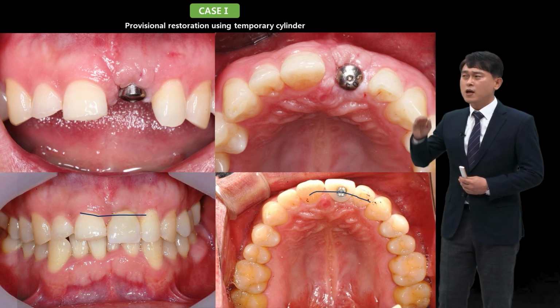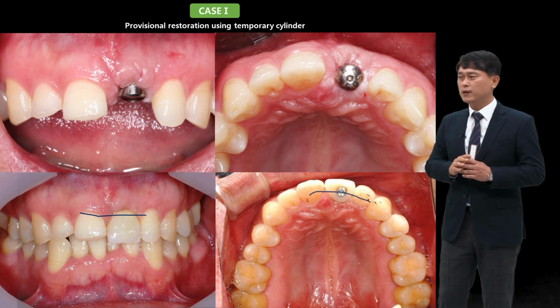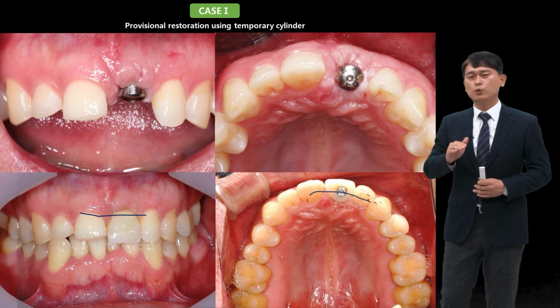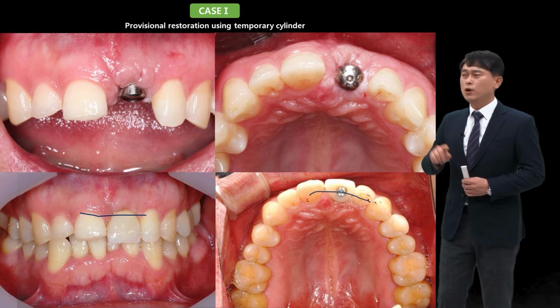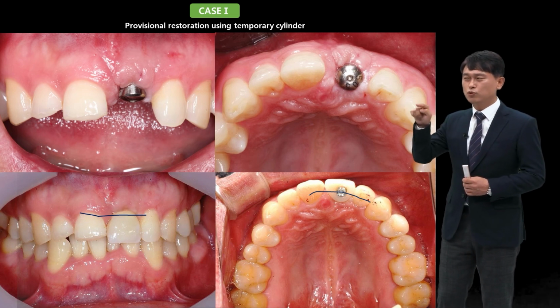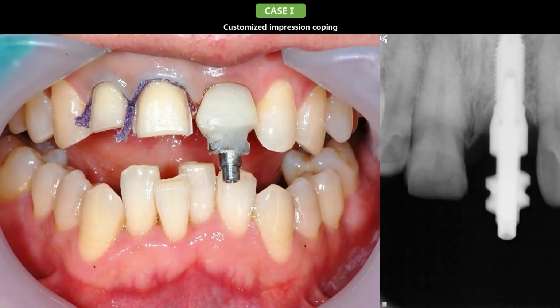Bone augmentation is difficult, yes, but if the implant placement position is wrong, even if you do bone augmentation, it will fail. Look at the black line. This has been formed by connecting the center of the lingual surface of adjacent teeth. Place the implant here. When you take an impression for a custom abutment or when you do a final impression, a customized impression